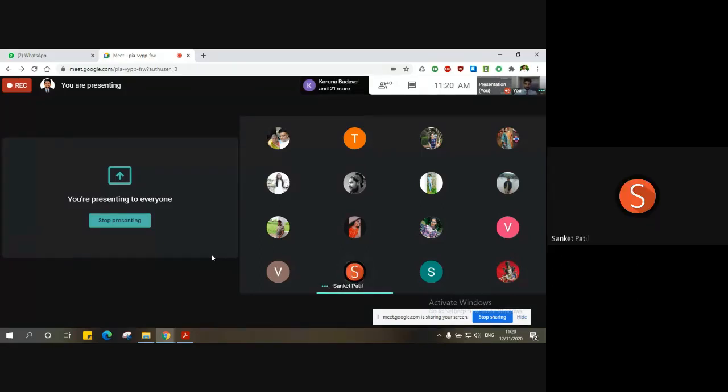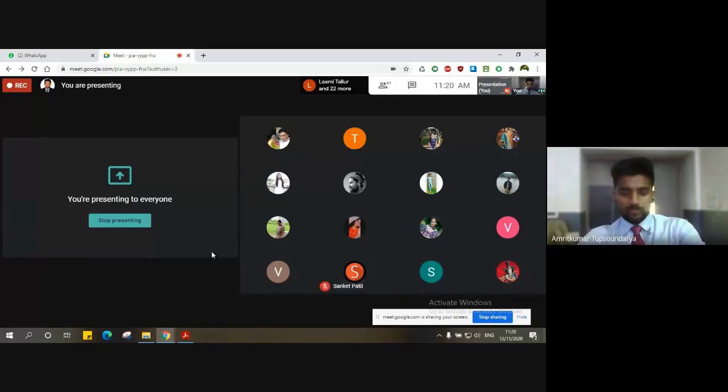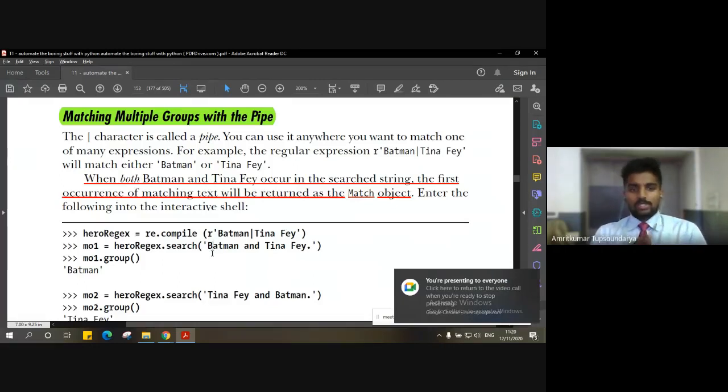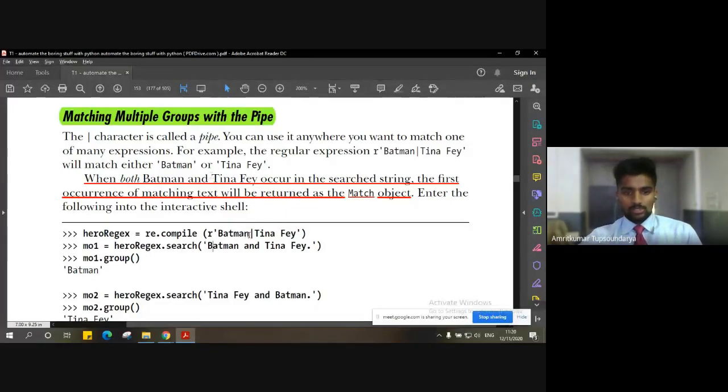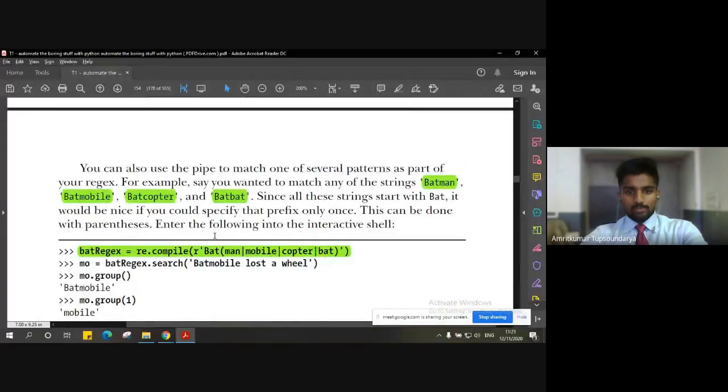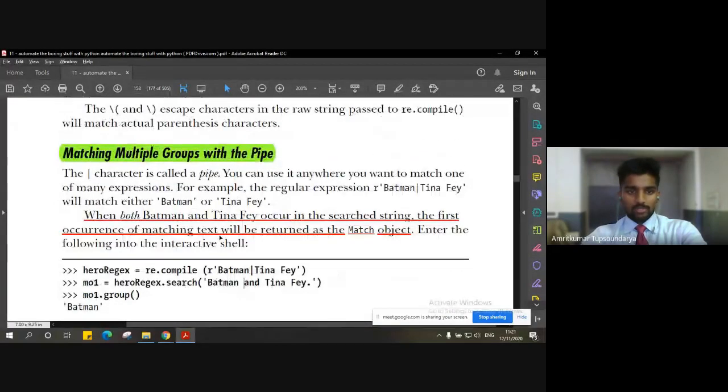Slash pipe. We have to use slash pipe. Very good, Sanket. So basically, we have to use the escape character to escape that special character, right? If I want to match the pipe also, then I can simply give a slash, the escape character, and then the pipe character for matching the pipe. So it will act as an escaping character for the pipe, in case I want to match it, right? Very good. So that is a simple example of how we can match the pipe.